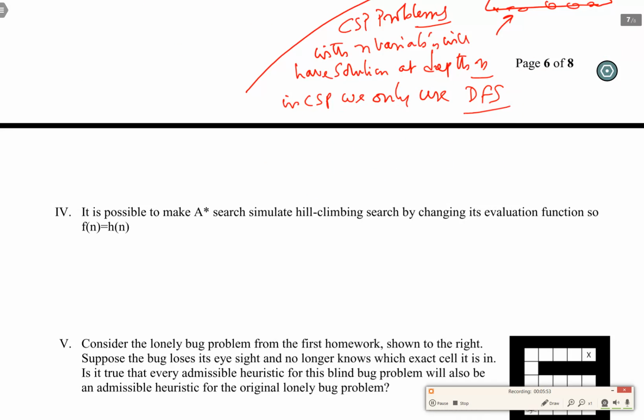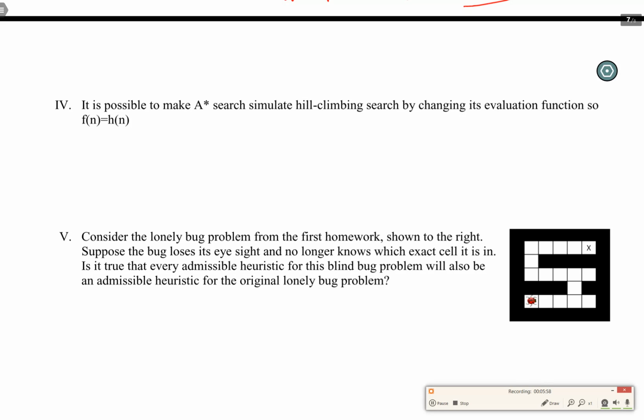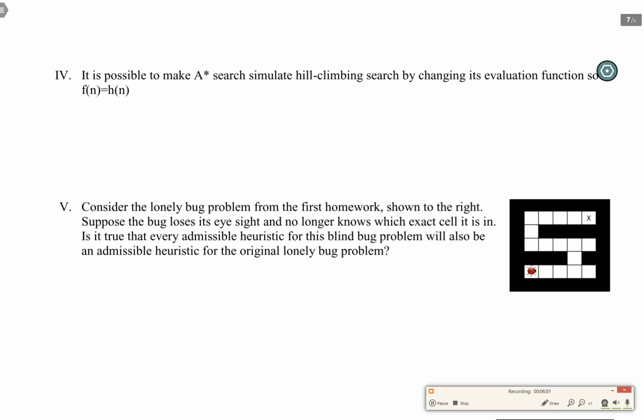Now for the fourth question, A star search. I wound up discussing this at length in the context of review session 2. In essence, what we are looking for is that the answer is false, because A star still maintains a search tree